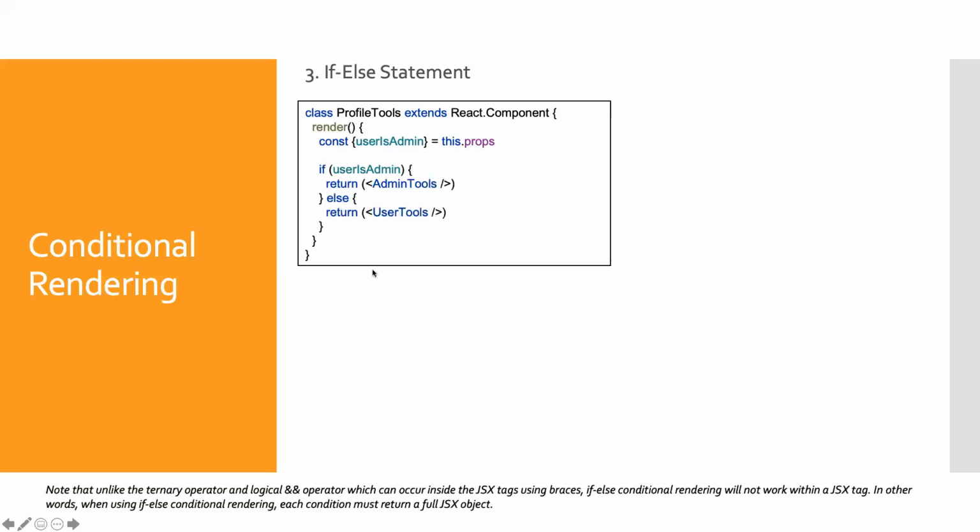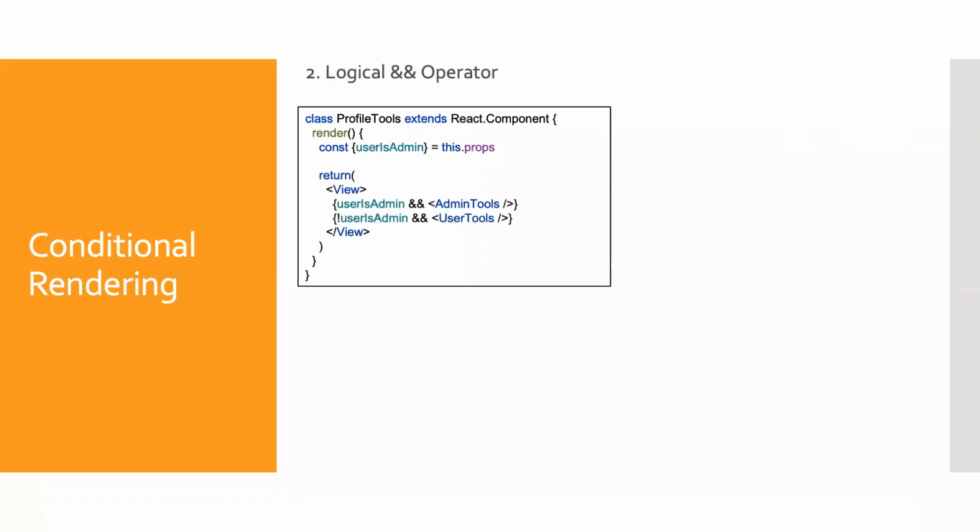The difference between the if-else statement and the previous two ways of doing conditional rendering is that for if-else, you have to actually return the whole component, and you cannot do an if-else statement inside the JSX, as you can see in